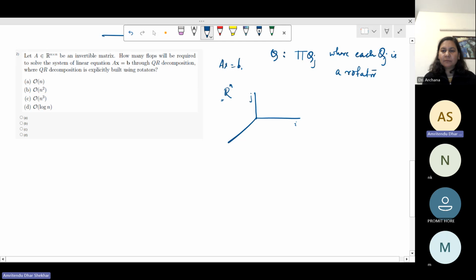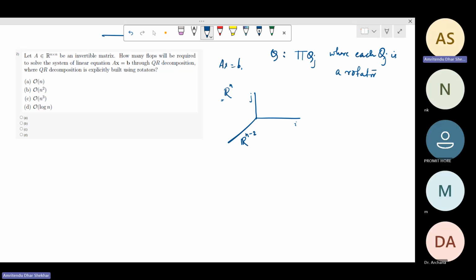This is the jth axis, and think of this line as Rn minus 2. This is just a symbolic picture. This line is actually the entire n minus 2 dimensional subspace. And what each rotation matrix is doing is that if you have a vector x1 to xn represented in the standard basis,